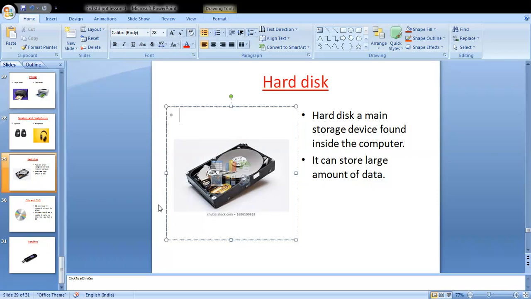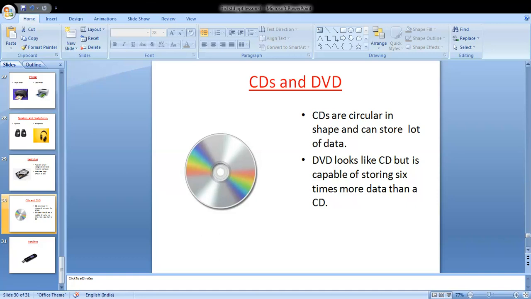Okay, so the next storage devices are CDs and DVDs. CD stands for compact disc. C stands for compact and D stands for disc. It is circular in shape and can store a lot of data. All of you know CDs.